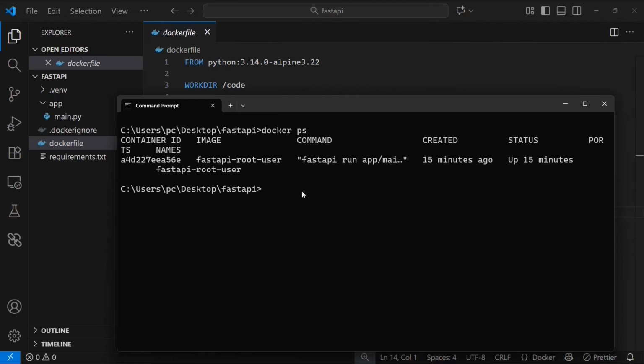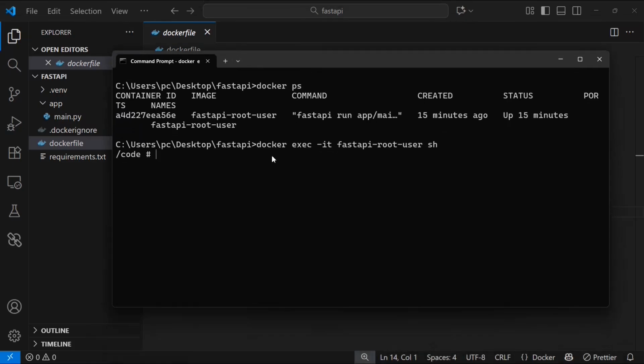So we can execute commands inside it using docker exec. We'll simply type docker exec -it, then our container name, and then sh, and I'll press enter. And I can verify the user privilege using the whoami command. And as you can see, it's root,